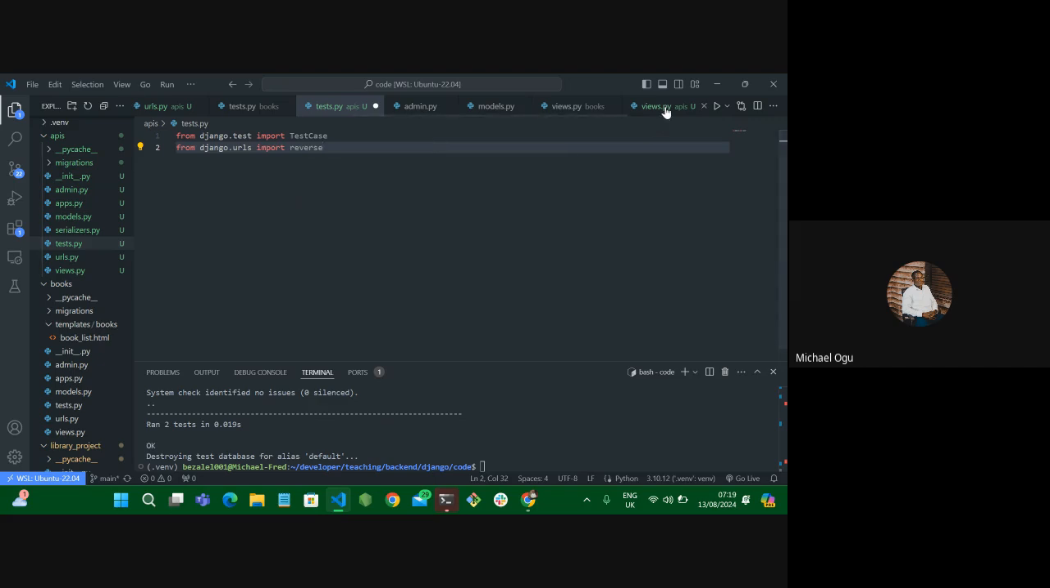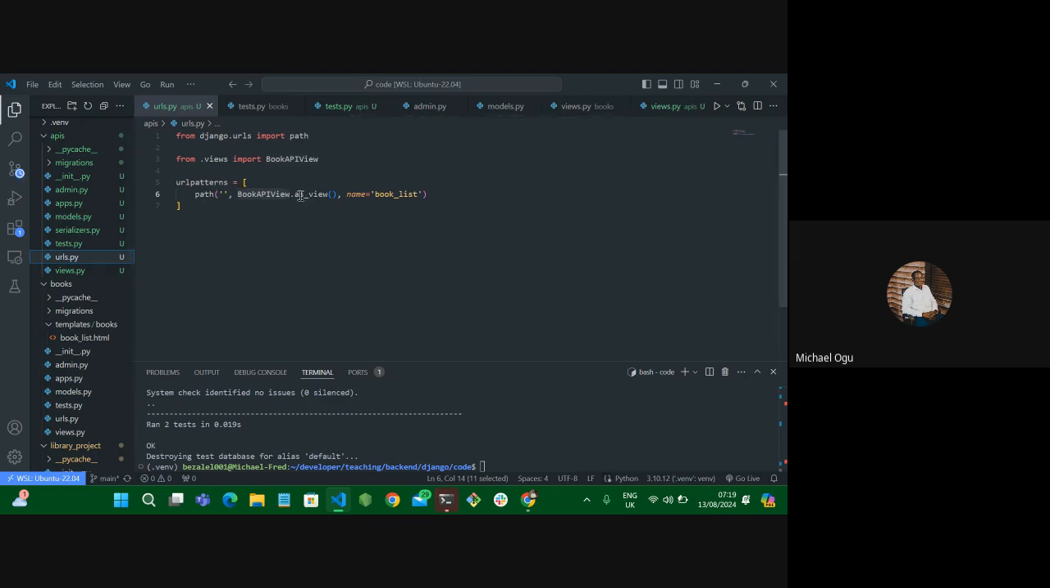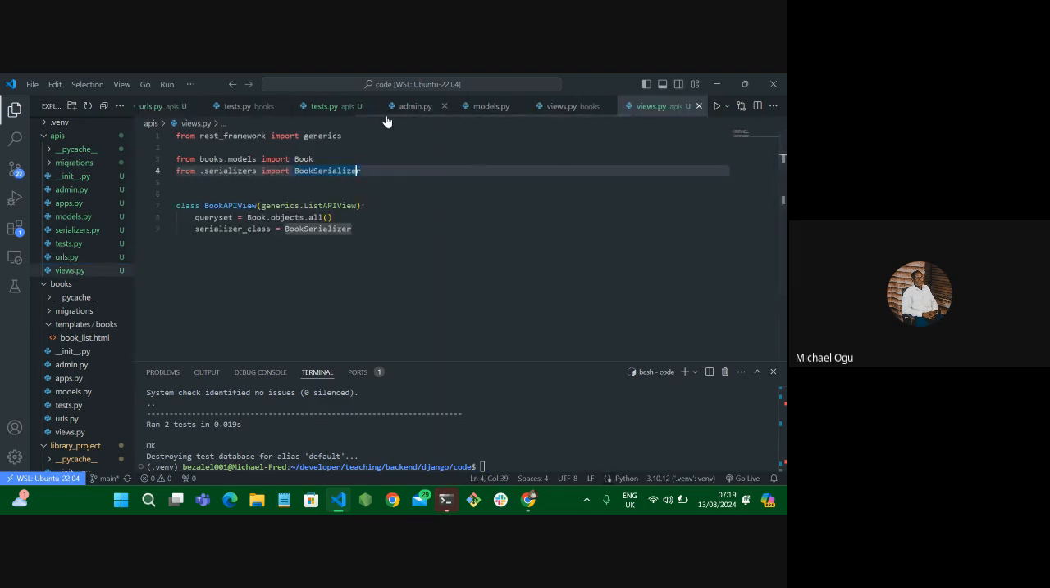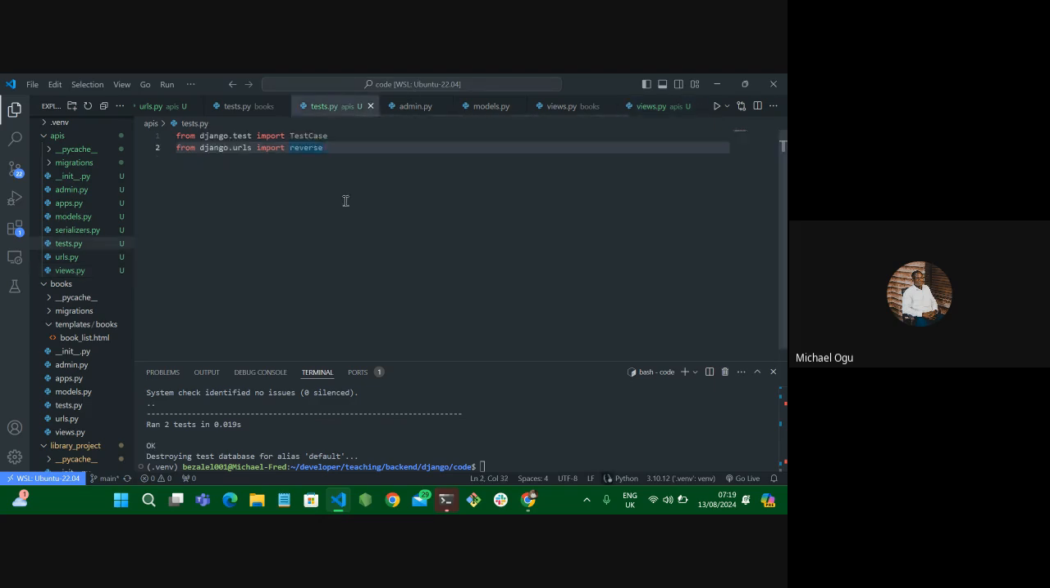So this reverse helps us. It's very useful to us, right? Because it helps us to be able to refer to this path with the name. Okay, we did it yesterday as well. So we'll eventually get used to that, don't worry. Then the next thing would be